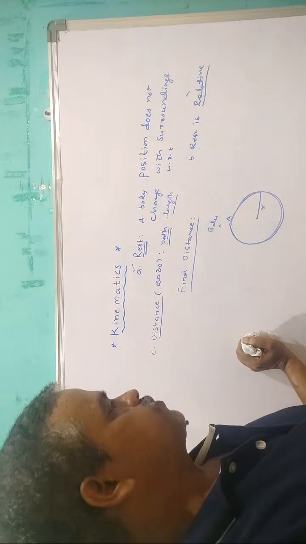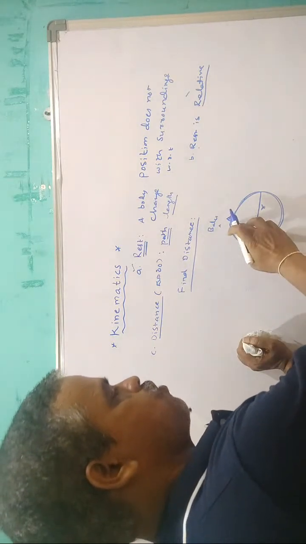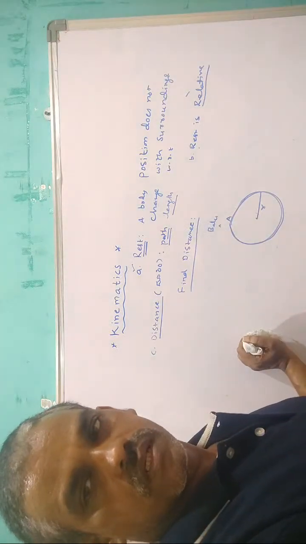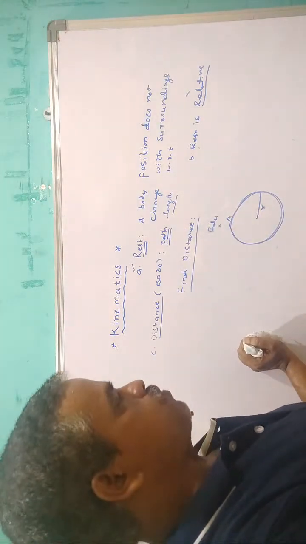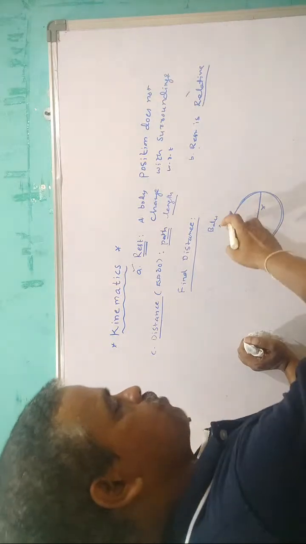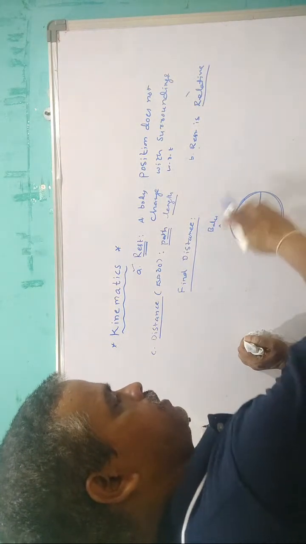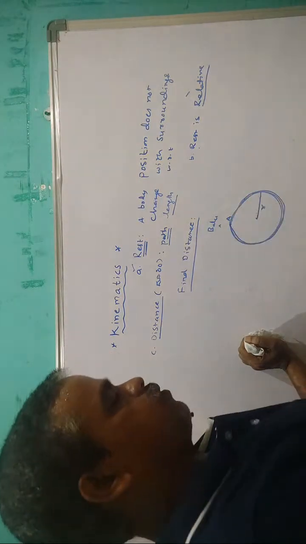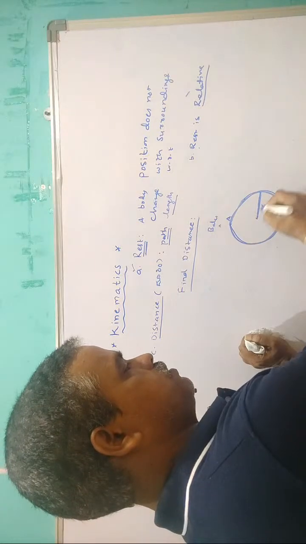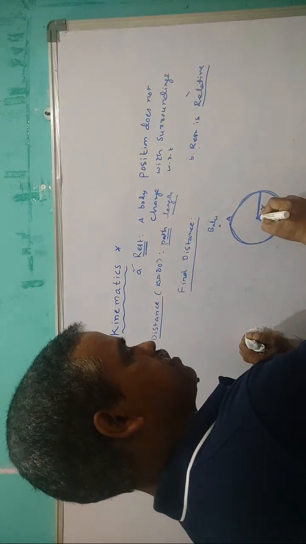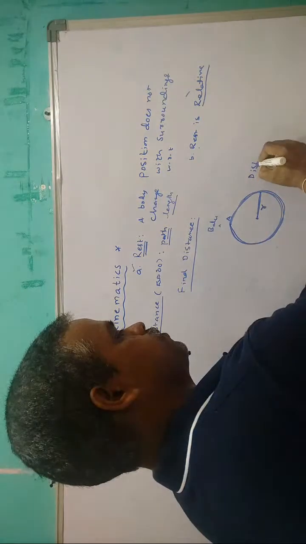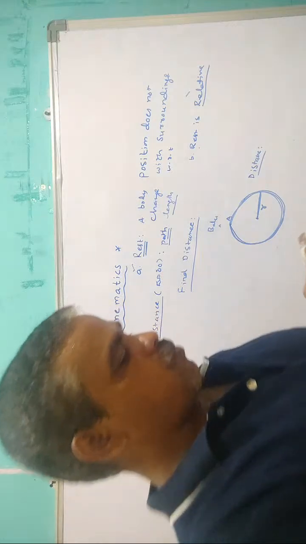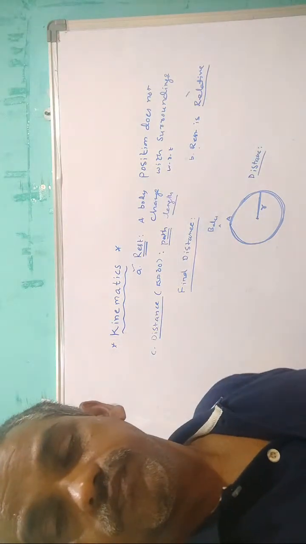See, what is my question? Find the distance. How much distance did Balu walk? That means how much distance Balu walked. See, he started at A and reached A only. So this is a circular path. The radius is R. What is the distance? How much distance did Balu travel? What is the answer?